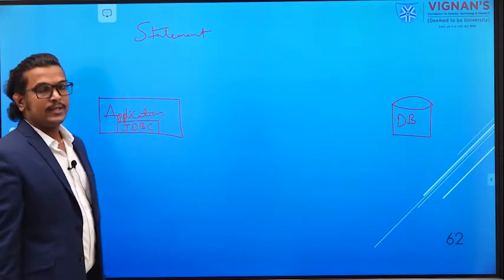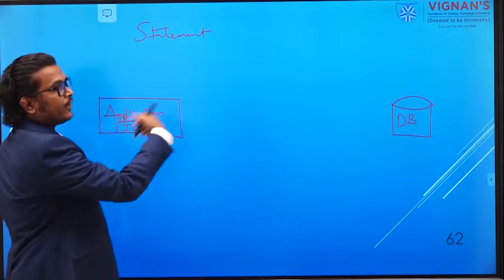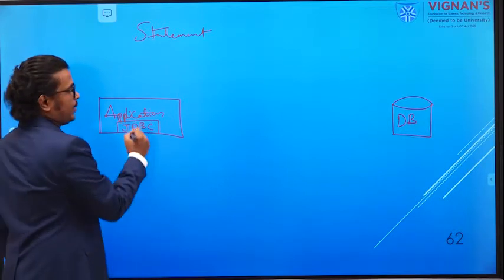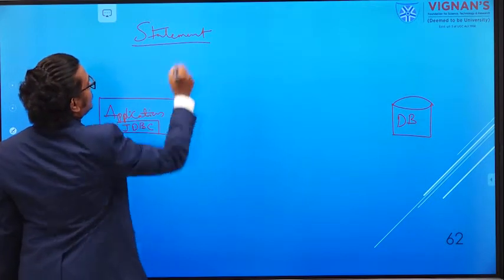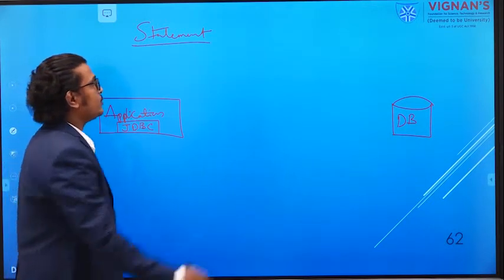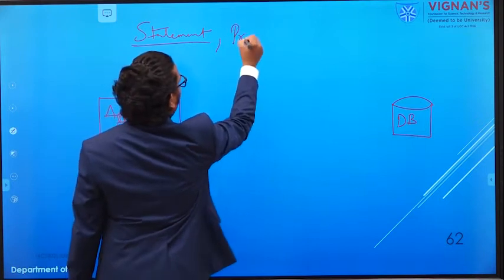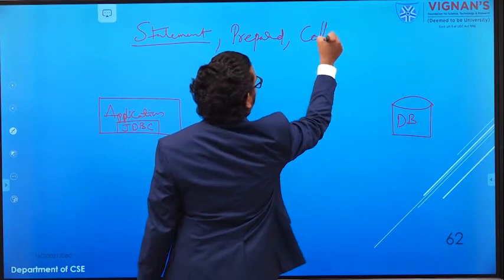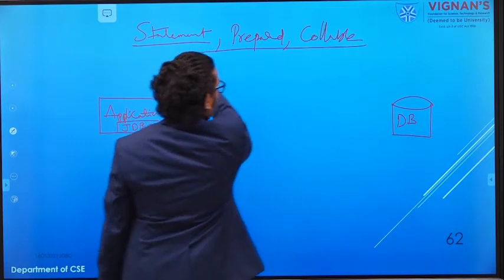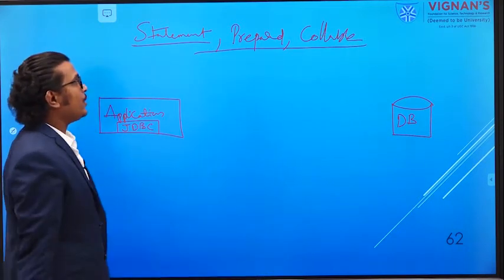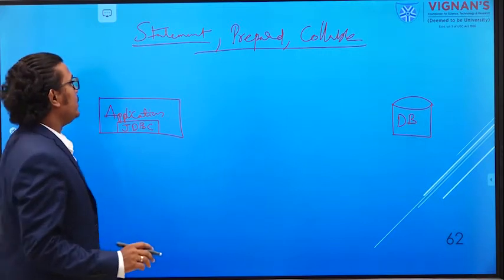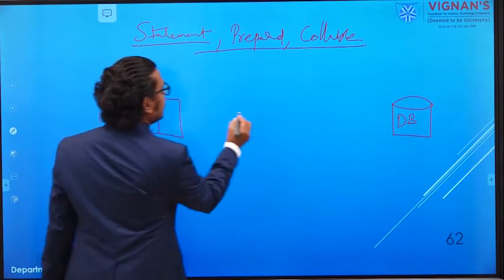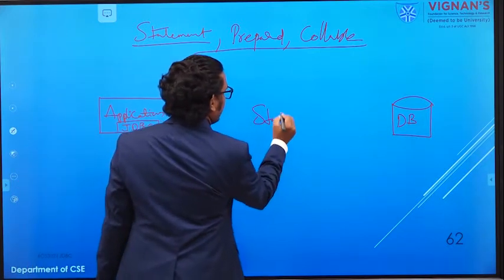With the help of this particular statement object we are communicating and getting the data back and displaying that information in our application. What is this particular statement object doing, what is the use of the prepared statement, and what is the use of the callable statement? Okay, so these 3 statements are doing the same functionalities only. So first we'll see what that particular statement is.